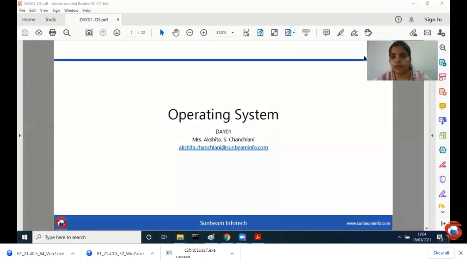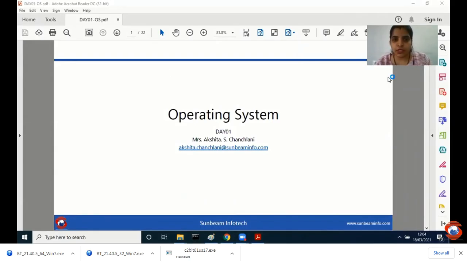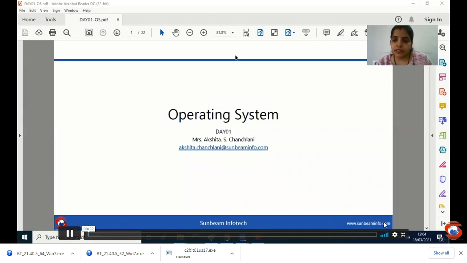So good afternoon, everyone. Let us start with the next subject, which is called OS, operating system. Now, as far as your OS subject is concerned, it is basically a theoretical subject. In this type of subject, the questions asked are straightforward questions, not like the twisters and MCQs you get in C.